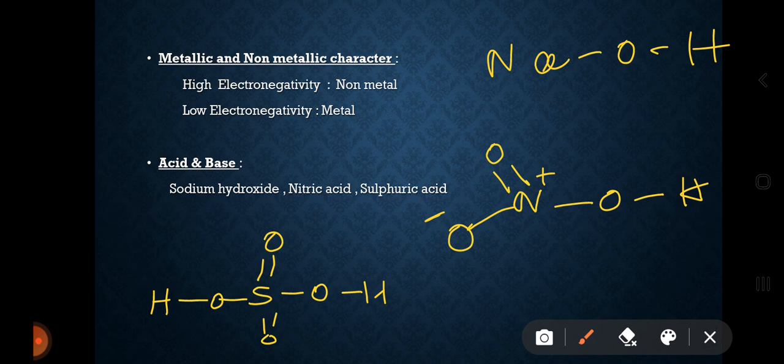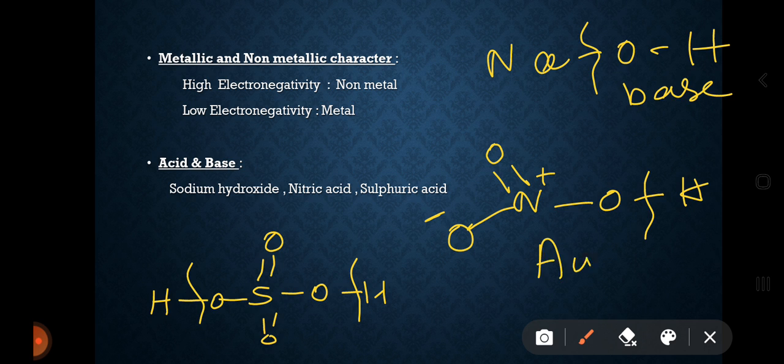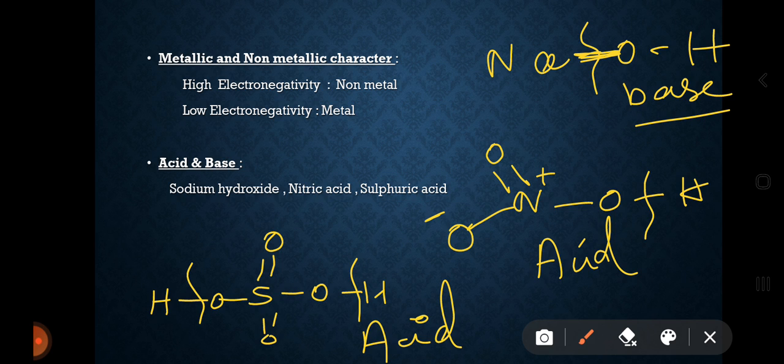Here you say it gives OH minus, here it gives H plus, here it gives H plus. Okay, this is base, you tell it as base. Since it is nitric acid, you call it as acid. Even this you call it as acid. Why do you say this is an acid and it gives H plus? This is a base, it gives OH minus. On what basis can you tell this?